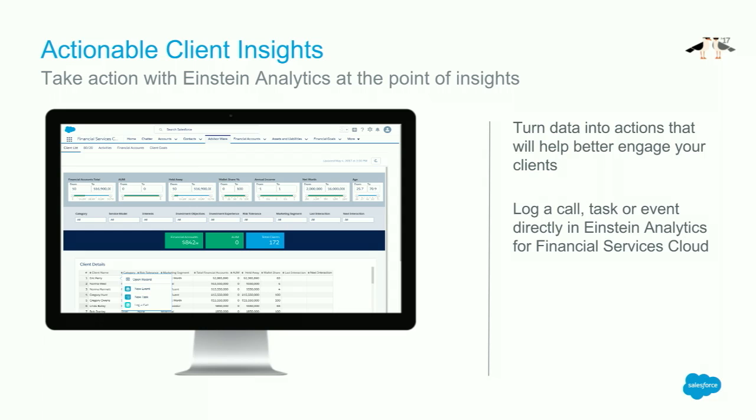You're already familiar with the pre-built analytics dashboards that are available through Financial Services Cloud. They're currently branded as Wave for Financial Services Cloud, and we will be rebranding them as Einstein Analytics for Financial Services Cloud. These dashboards are aimed at allowing advisors the ability to slice and dice their book of business and glean insights from it that can really help them engage their clients. We've enhanced these